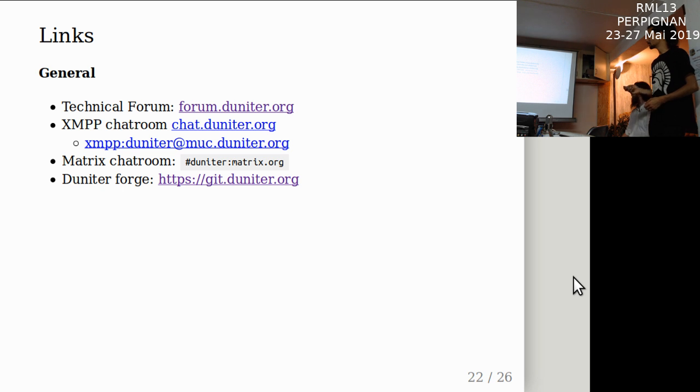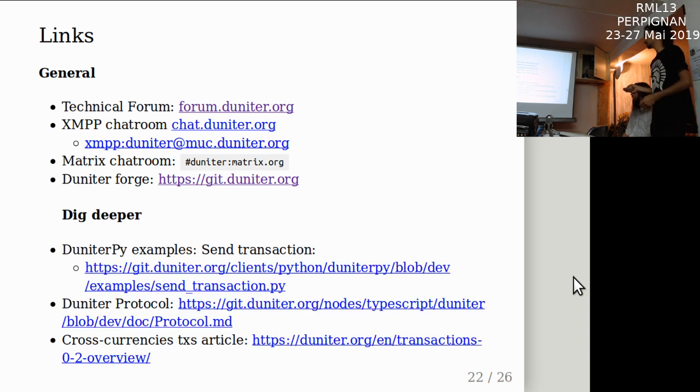So yeah, a little bit of links if you want to join us: the technical forum, XMPP and Matrix chat rooms, and the forge using GitLab. If you want to dig deeper, there is one example in Juniter Py to send a transaction. This is Python, but it's a basic transaction, and you will understand how it works, and you can send a transaction with this.